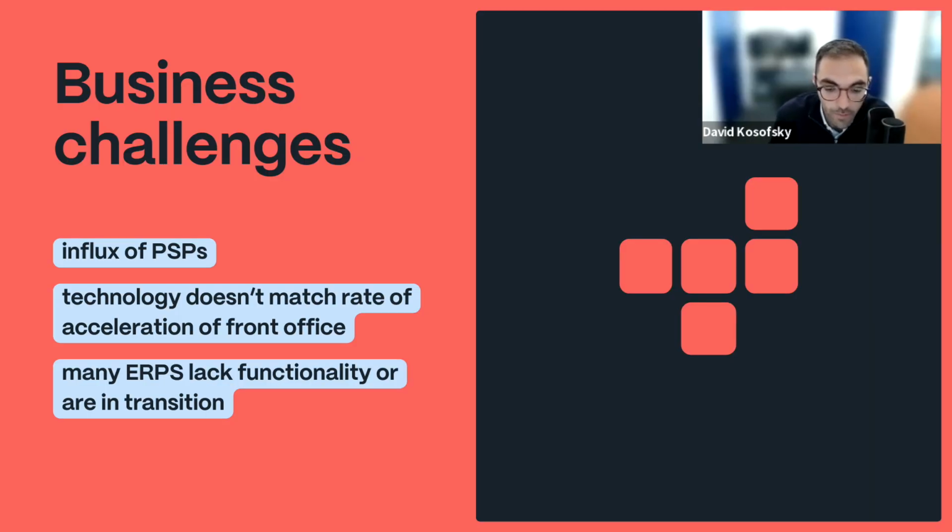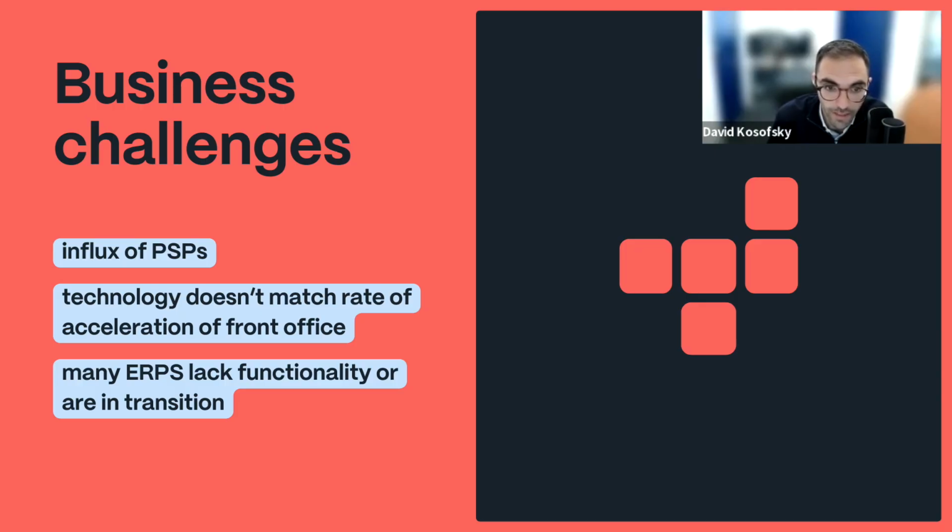So with all this happening, what are the business challenges? First of all, there's a huge influx in payment service providers and more third-party vendors. In some cases, here at Solvexia, we work with a company that has 20 to 30 different payment channels now. So rather than the good old days when it was just cash or cash and credit, now there's buy now, pay later, as we mentioned, and there's Google Pay and Apple Pay and a whole plethora of different options. That's a real challenge for a company to deal with.